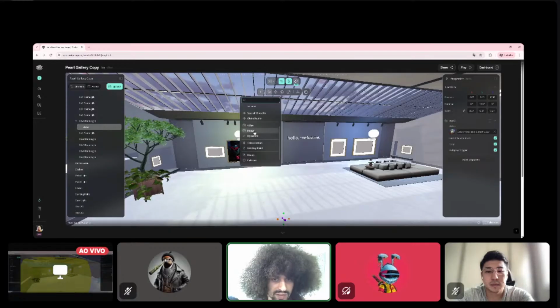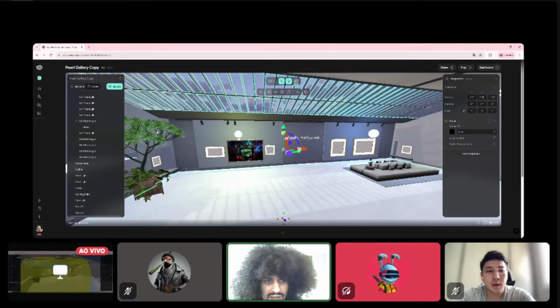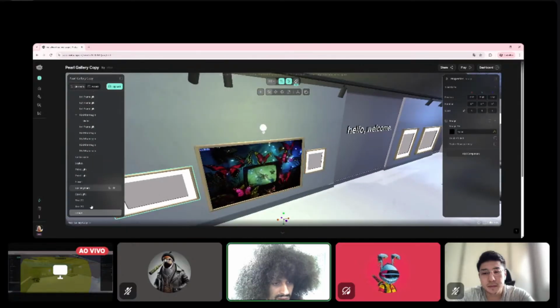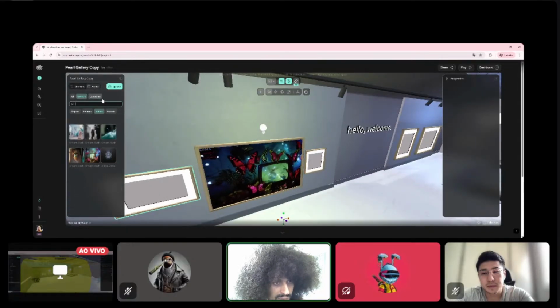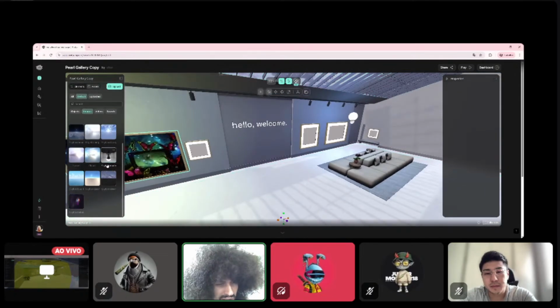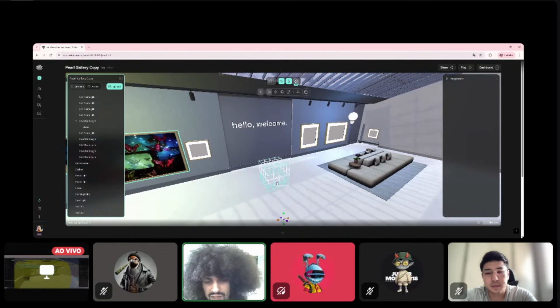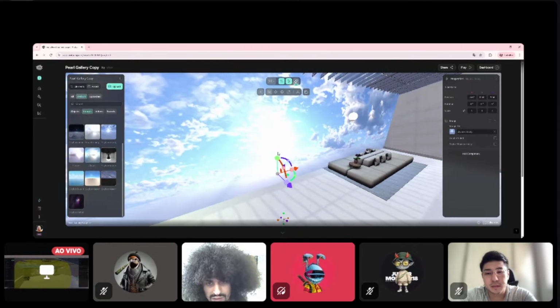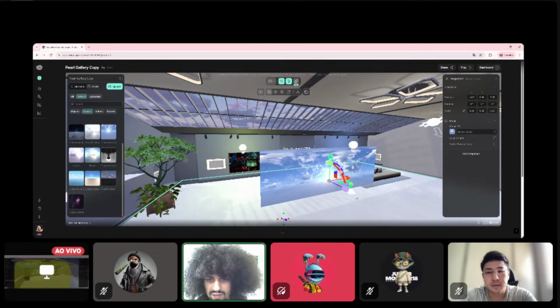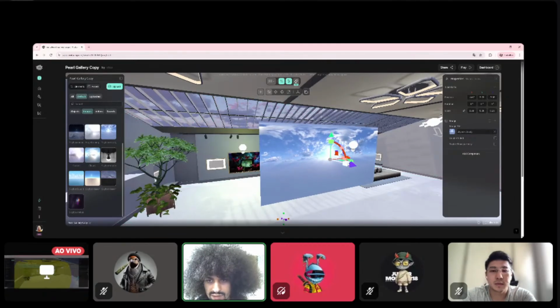The other component that we have for media files are images. Let me delete this image node that I created and bring it directly from the asset library. In here, I think I only have skybox images to show, but it's not a problem. It could be any image. If you bring one image to the scene, then it's going to appear like that. It's just a 2D image in the scene.